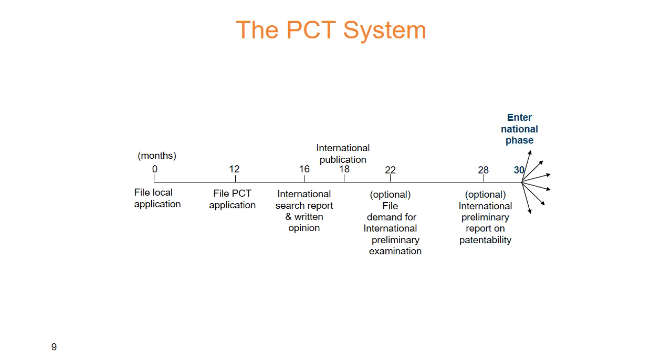After completing the 28 months, we are going for the 30th month, that is the last month. Here we have to enter the national phase. After completion of all the necessary requirements of patent, it is granted by the national office, and likewise the patent is granted in all the other contracting states. So the patent is granted to the applicant before the completion of 30 months. So after this, the applicant can seek the protections. So these are the various steps which are pursued to get the patent granted in the various states of the PCT system.